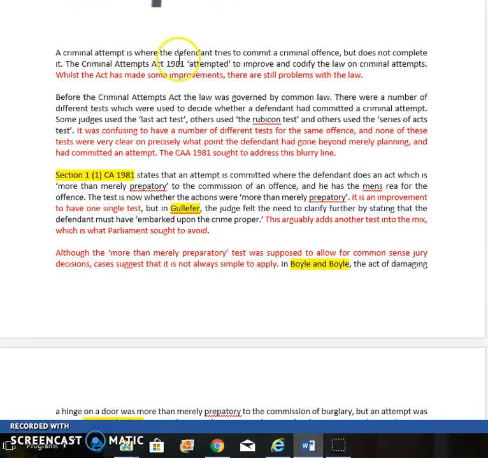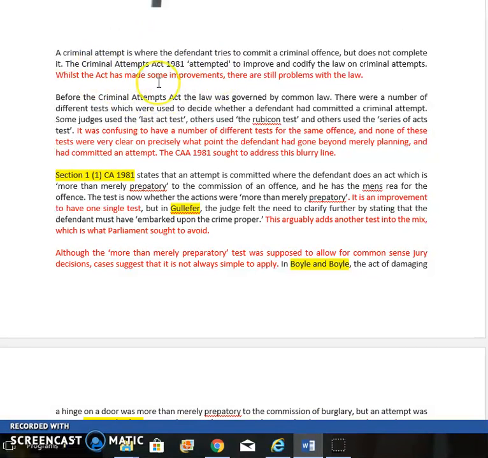So as an introduction, I've started with a definition of what a criminal attempt is. And a criminal attempt, of course, is where the defendant tries to commit a criminal offence but doesn't complete it for some reason. And that might be because they're apprehended or they're not competent enough to do it. For instance, they don't put quite enough poison in someone's drink, or they're thwarted in some other way. But they've tried to commit the offence, and so therefore we want to prosecute.